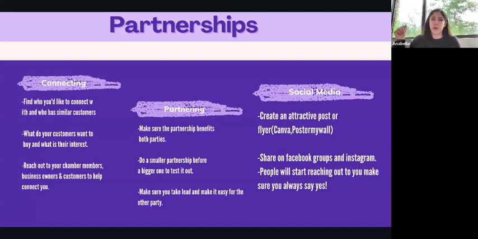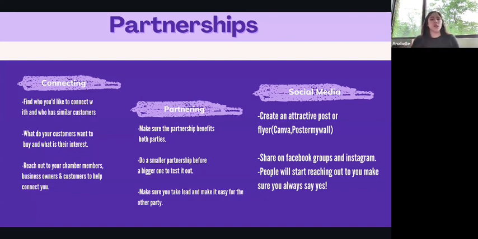Instead of going door knocking, which is very difficult, and I tried doing it recently, you can never find the business owners. So you have to make sure that you have an online presence and that it looks legit, and it's not just that you have one follower and then you try to message a business. They want to make sure that your presence is there and that it's worth their time. That's why it's a partnership. It's a win-win situation.